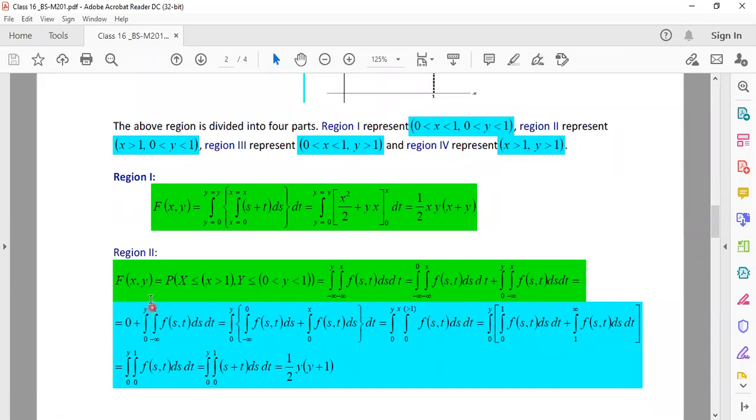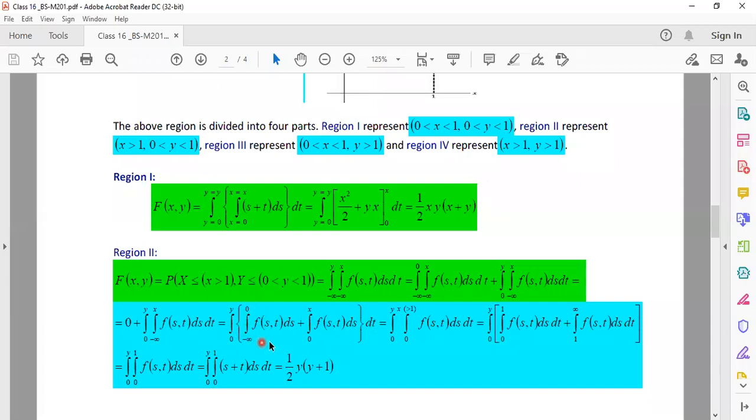So, okay, after this, we have this expression: integral from 0 to y, integral from minus infinity to x of f(s,t) ds dt. Now we are going to play with the inner integral, which is from minus infinity to x. This integral is again, by the same rule, divided into two halves. I am writing it as minus infinity to 0 of f(s,t) plus 0 to x of f(s,t) ds. Outside we are writing dt.